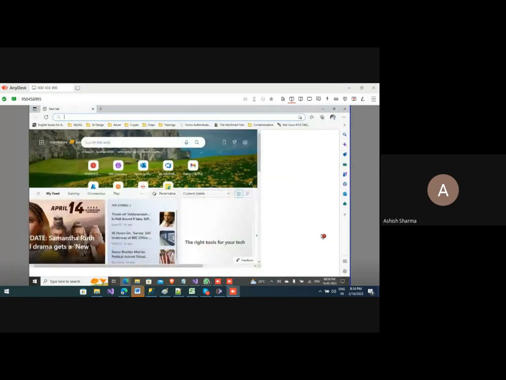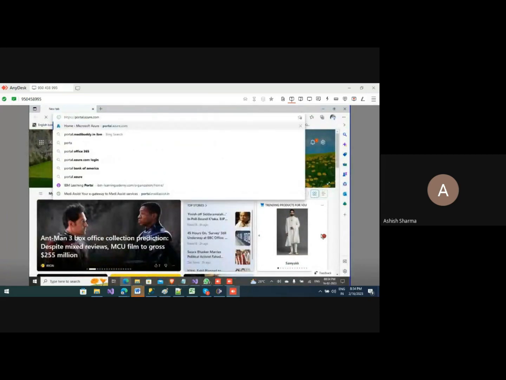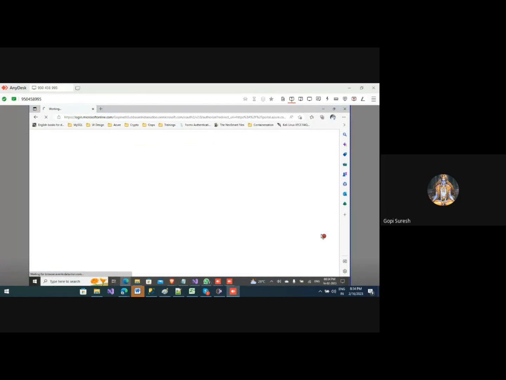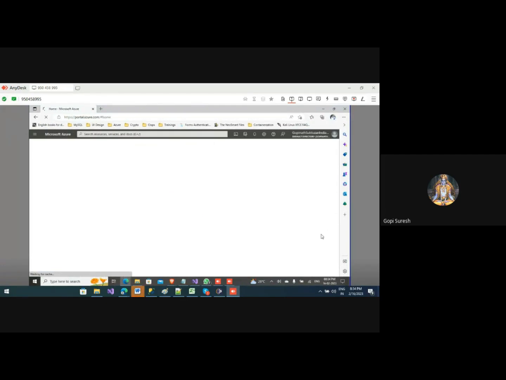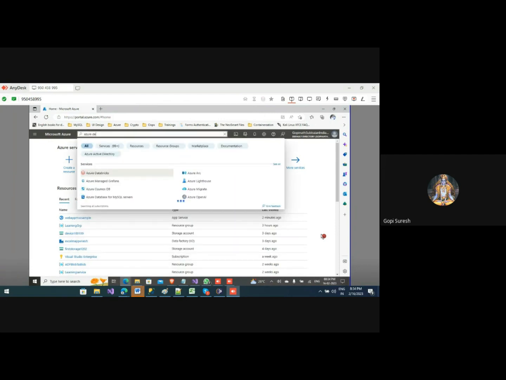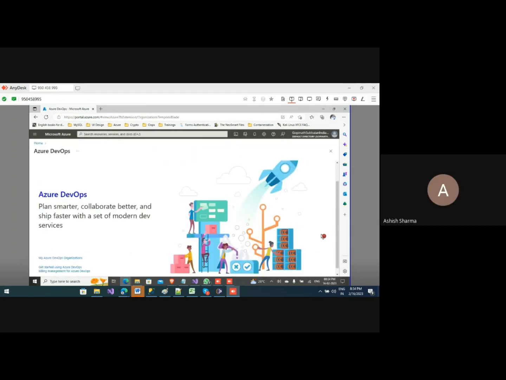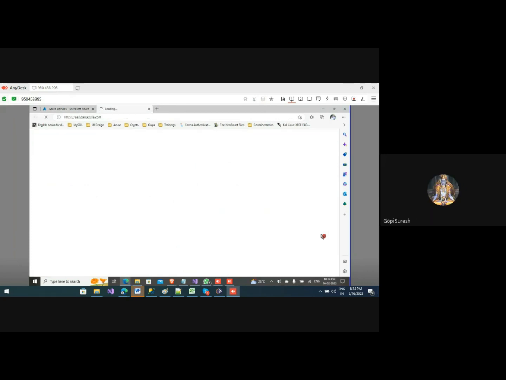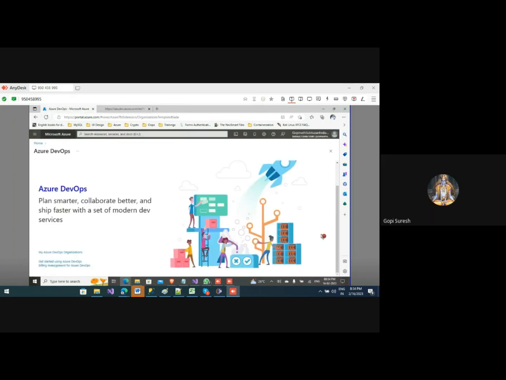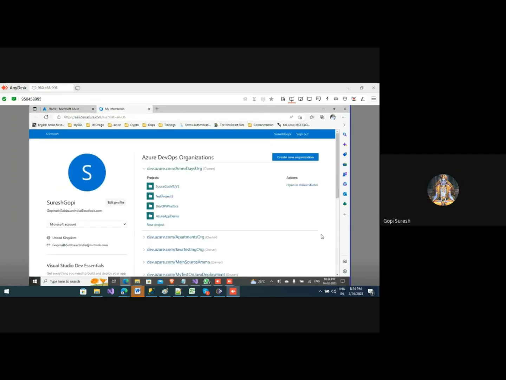Some websites say we can create an account in GitHub, and from GitHub we can get the subscription for Azure DevOps. Is it true? If you do that, they give 1 or 2 projects, and after that you can create one organization with a limited number of projects. That also goes away in 3 or 4 days sometimes. Before getting the subscription for Azure DevOps, we have to get the Azure subscription, because if I want to pick something from my storage account, you need Azure. Those things are required.